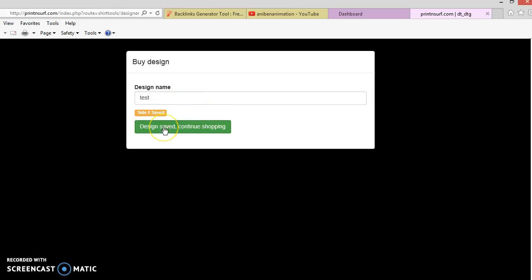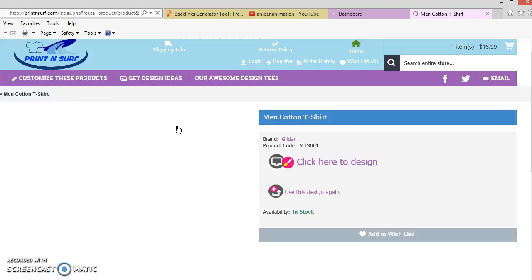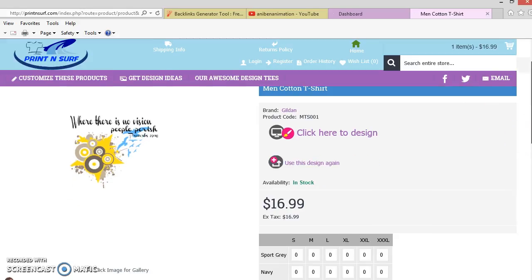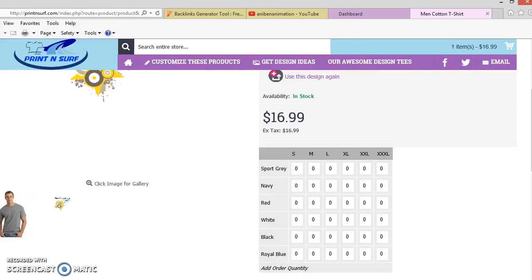Once the design finishes, you'll get a design save message, Continue Shopping. Click on that button. And it will bring you back up to the t-shirt that you look for. And here is the picture of the new design that you just created. Now what you're going to want to do at this point is you're going to need to scroll down, and you're going to have to pick how many of you want to order and in what color. So we made this in red, and we like that, so I'm going to say I'm going to order 1 large red size of this,